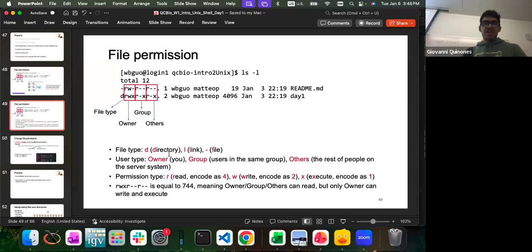In general, if you want to add the reading permission, you can do plus R, the writing permission plus W, and the execution permission plus X, which is what I did. Now, you can use the letters or you can use numbers. Reading is 4, writing is 2, and execution is 1.